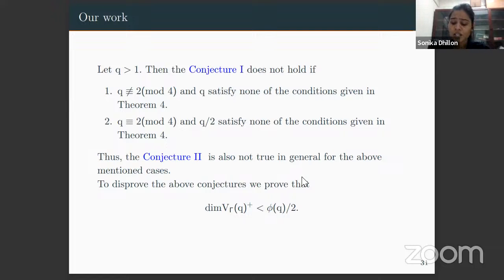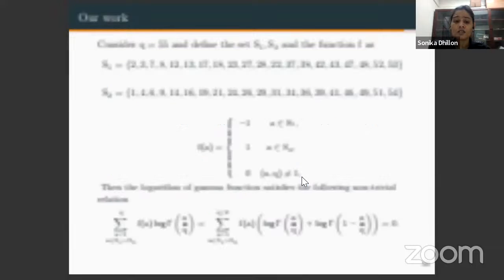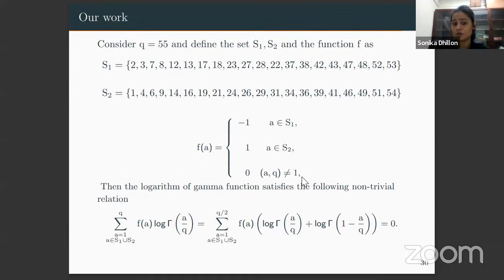Basically, we have proved that if q is any positive integer with at least 4 prime factors, then this conjecture will not be true, because in that case the same idea we can use: the cyclotomic units are no longer multiplicatively independent, because here we are studying the logarithm of gamma values. When f is an even function,